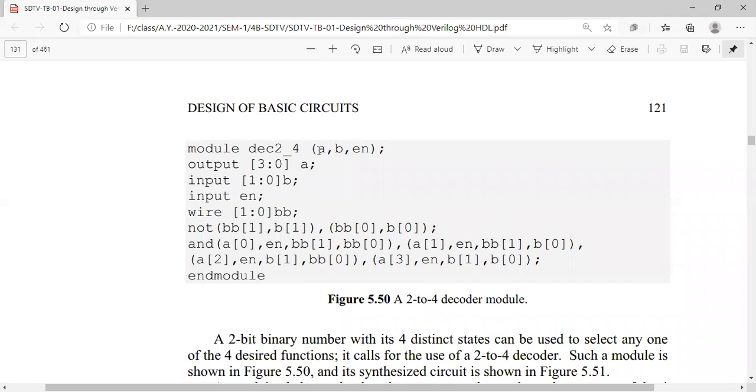So you know A and B will be the inputs, and enable is the signal used to enable this decoder. Here the input is b. B is of 2 bits, that is 1 down to 0, that is the selection signal, right? B is the selection signal. And a is a 4-bit signal.